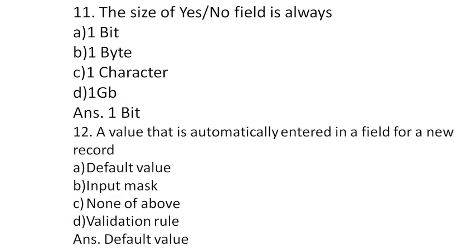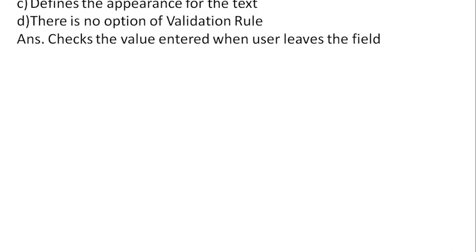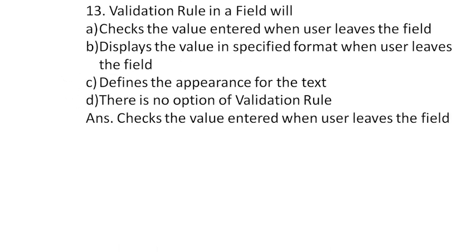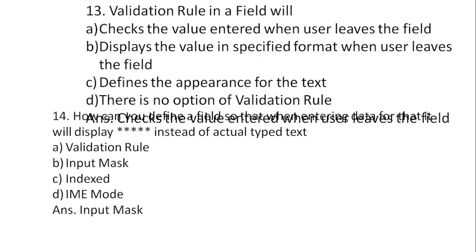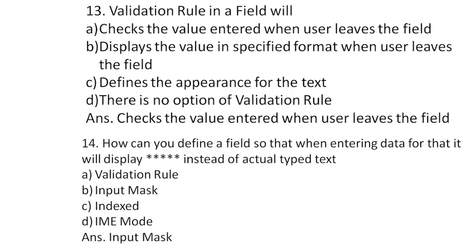a value that is automatically entered in a field for a new record. Answer holo default value. Next, validation rule in a field will, answer holo checks the value entered when users leave the field. Next, how can you define a field so that when entering data for that it will display instead of actual type text? Answer holo input mask. Next,